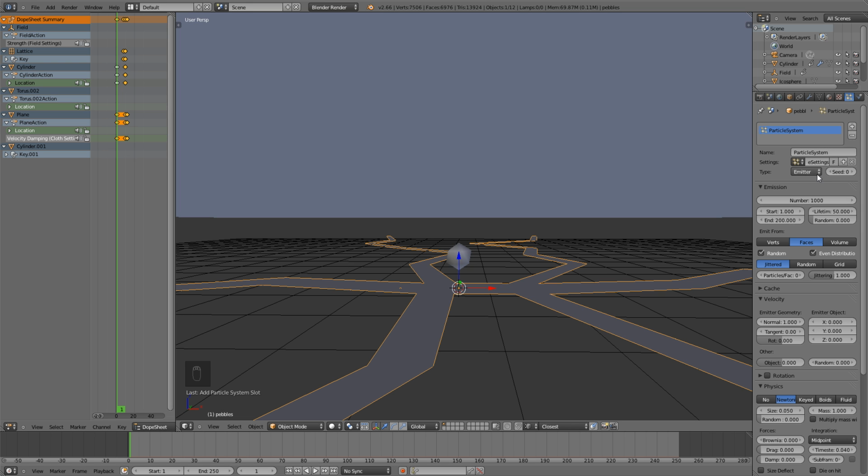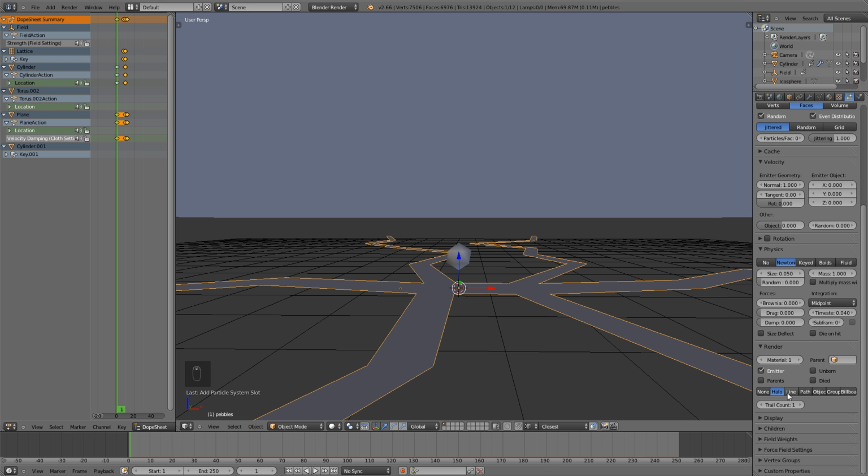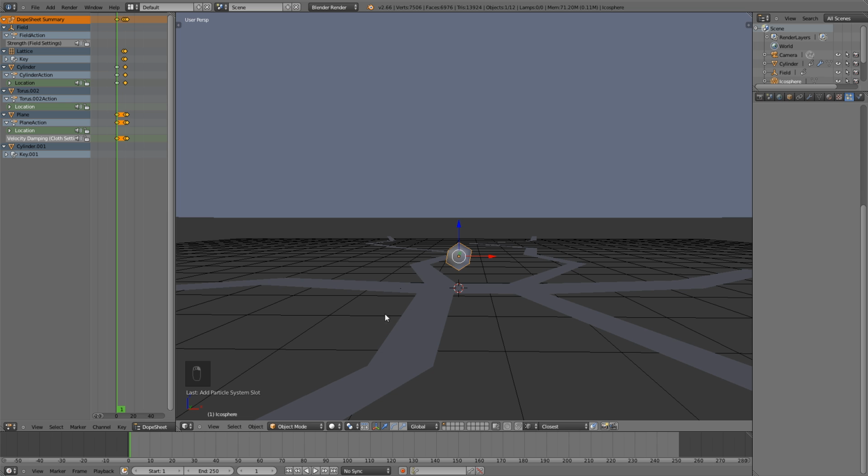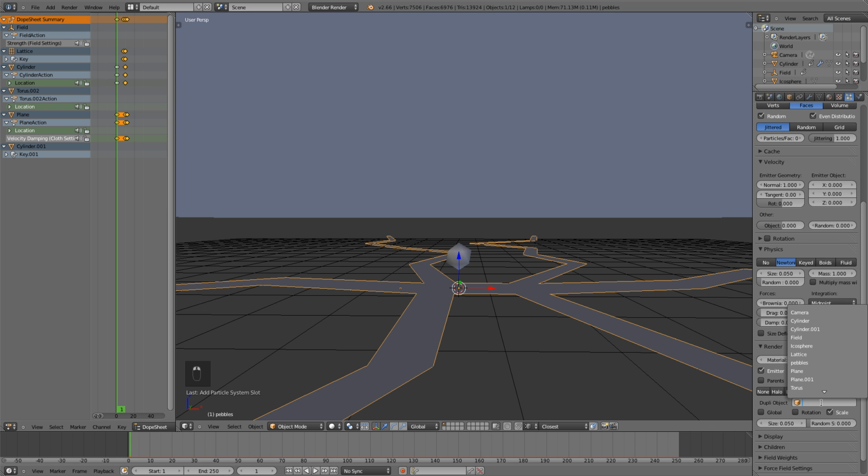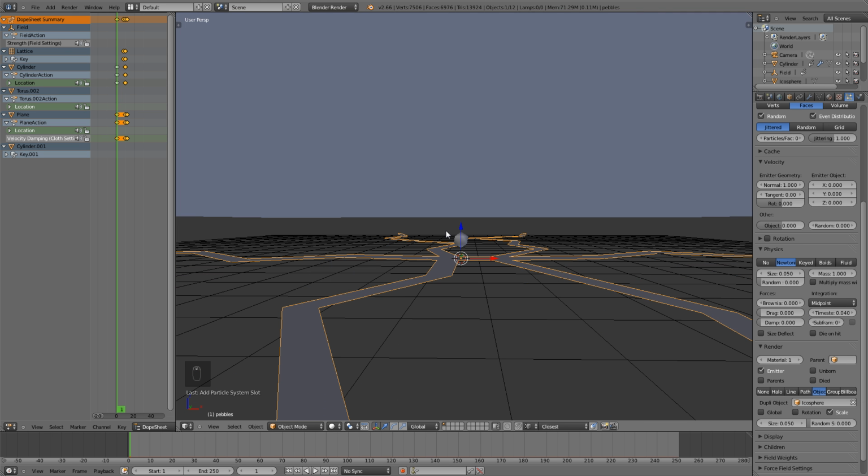It's going to be an emitter. Now go down here and we're going to be emitting an object, and the object is going to be Icosphere. So go here, type in Ico, and select Icosphere. Now if I hit Alt A,